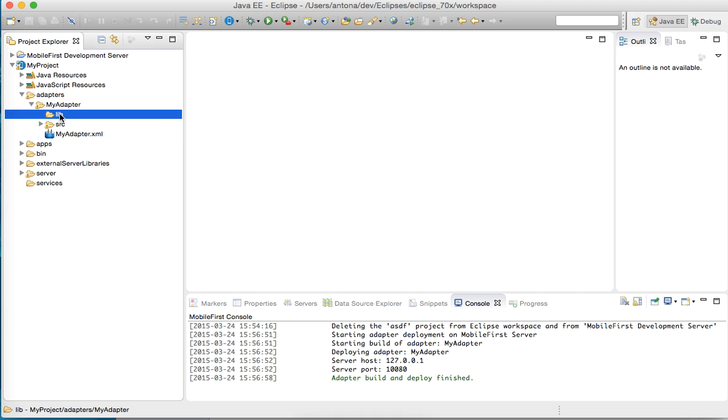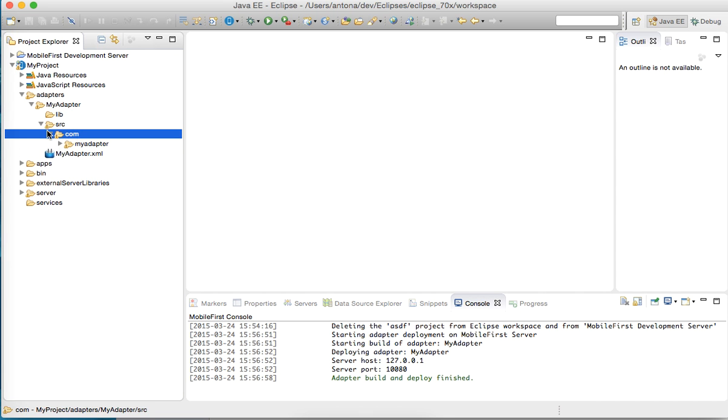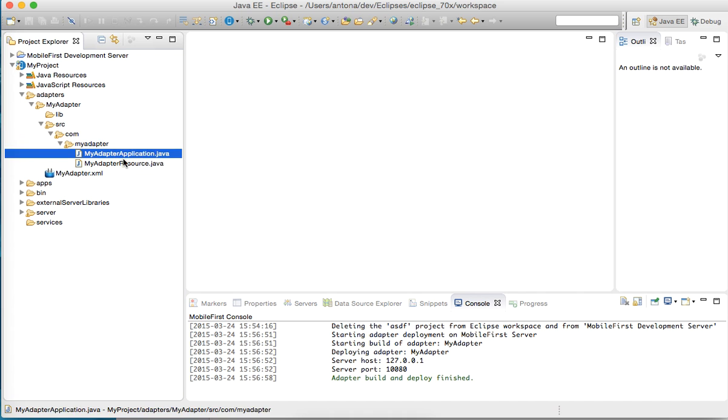It contains a lib folder, so if you have third-party Java libraries, you can put them here. Note that this lib folder is per adapter. So if you have several adapters, you can put your frameworks into the lib folder for each adapter, and they will not collide. They will have a completely encapsulated environment, a completely different class loader. And of course, there is a source folder, a regular Java source folder that contains my adapter package name, and